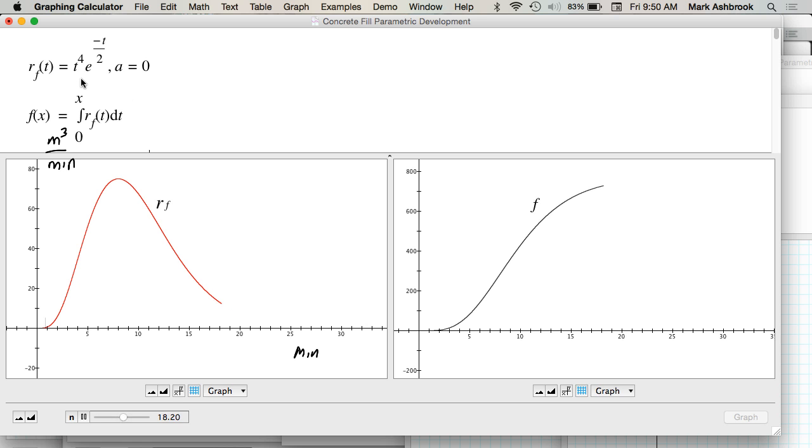Product. What would this need to be for it to be undoing the chain rule? What would one small change we could make to this that would be undoing the chain rule? This t up here. If this t were t to the fifth, then we could do undoing the chain rule, right? Remember that? But since we have just e to the t and t to the fourth, we need undoing the